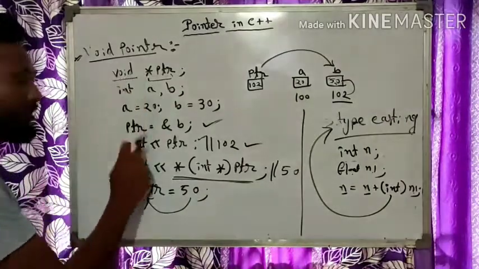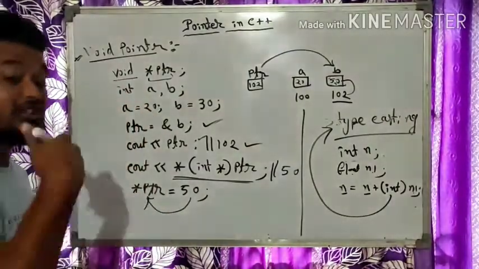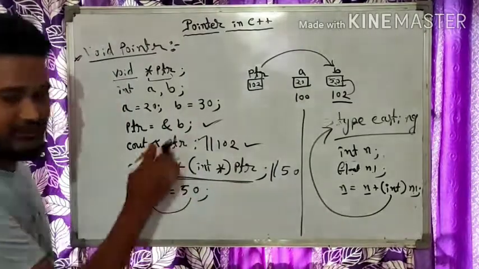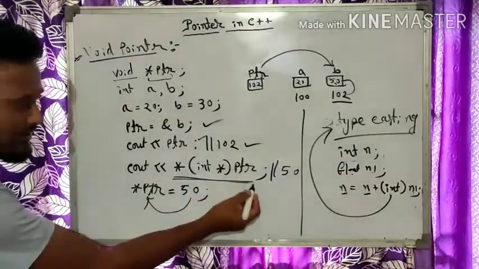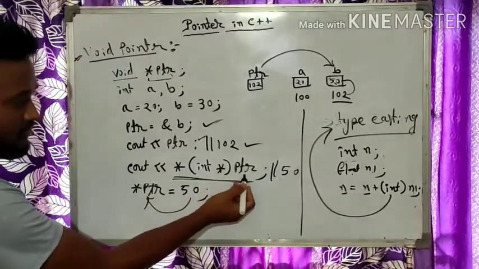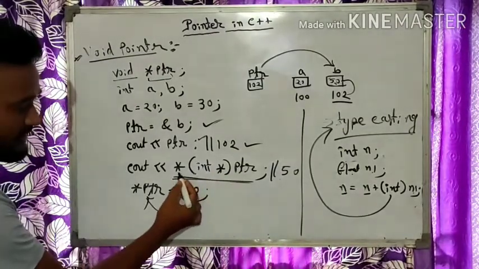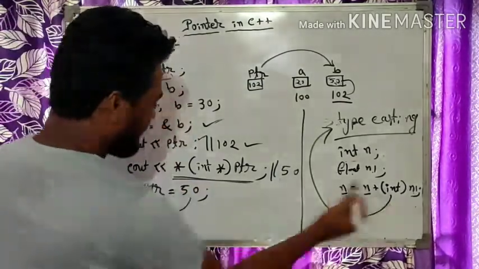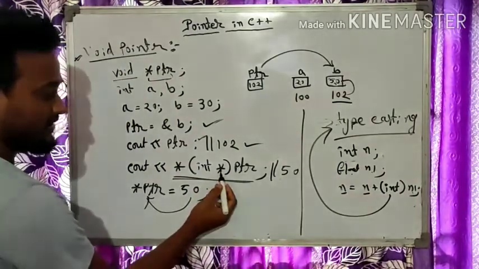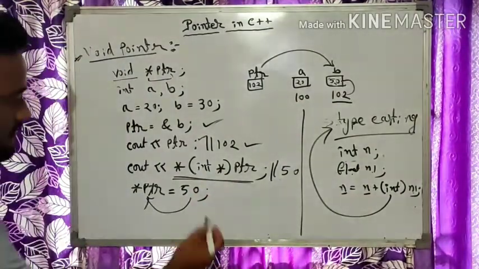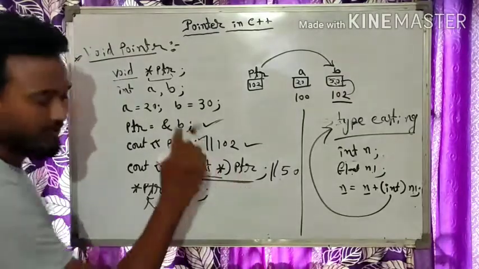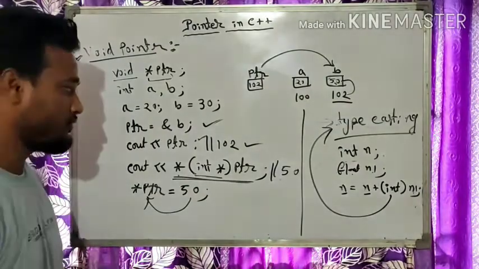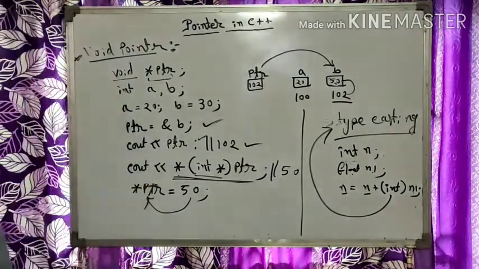When we make the pointer variable void, to display the actual value, we have to typecast it in this way. This is a pointer variable PTR. To typecast it, we have to write the asterisk operator inside this, like here. Along with the type, we have to mention the asterisk, because this is a pointer variable. This is the type and this is the variable. The pointer variable we are converting to integer. I hope it is clear to you all. So this is all about the void pointer variable.